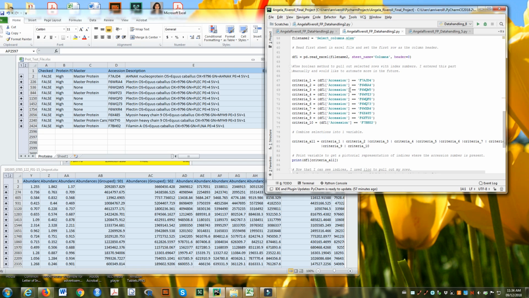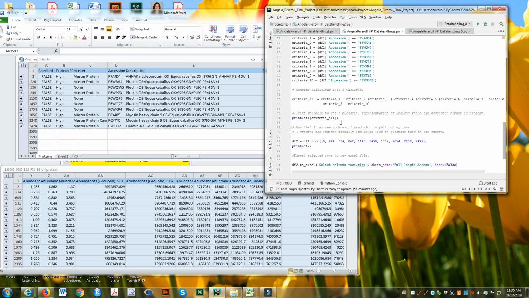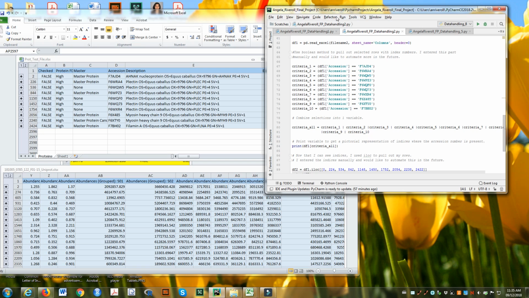I used this method to identify my indices so that I could then use the indices in this iLoc method to cut out the particular rows. So if I hit data handling 2,